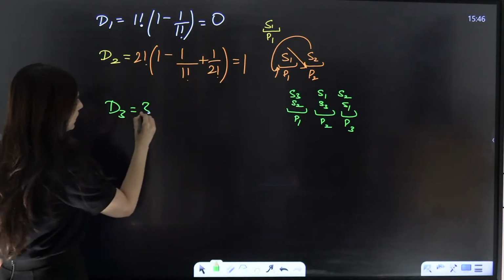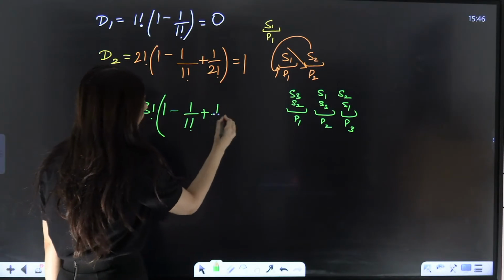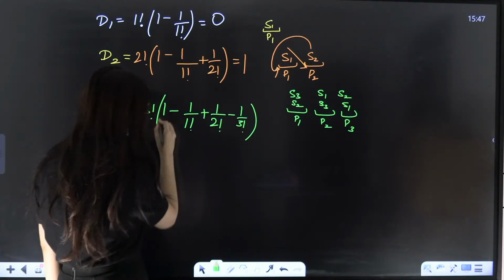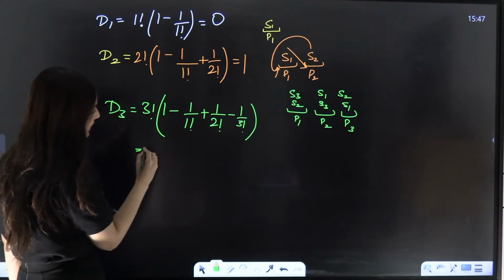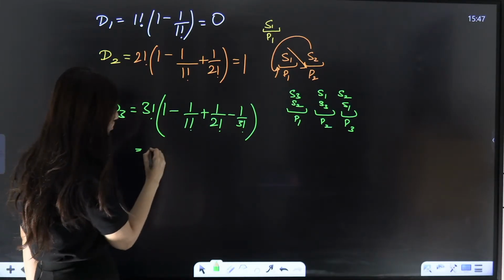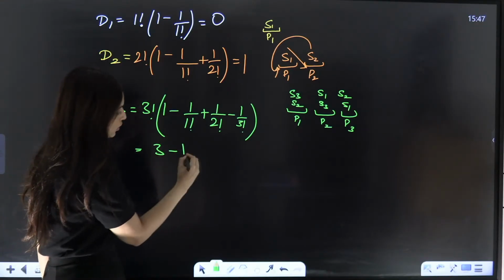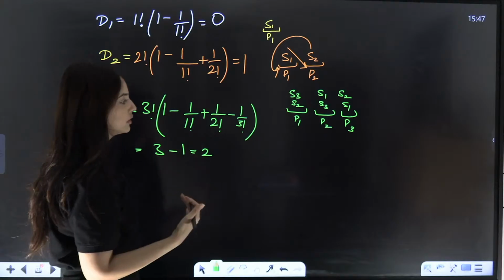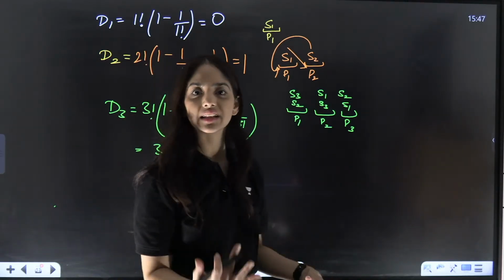Let's verify. 3 factorial into 1 minus 1 by 1 factorial plus 1 by 2 factorial minus 1 by 3 factorial. So this is 0. We'll multiply this entirely. So this becomes 0. So that means 3 factorial by 2 factorial, 3 minus 1, that is 2. Correct? So like this, you can verify this for any number. But an interesting way of looking at this is,